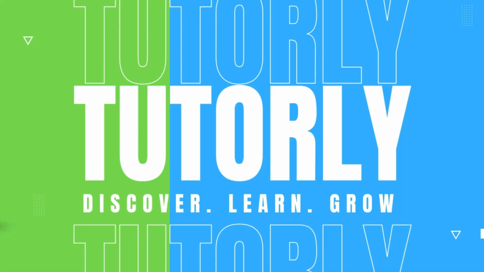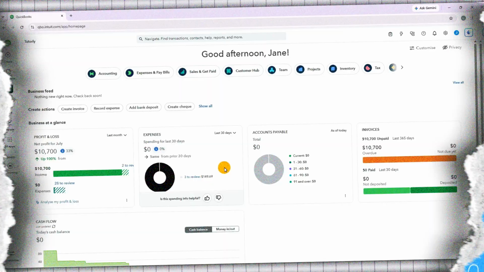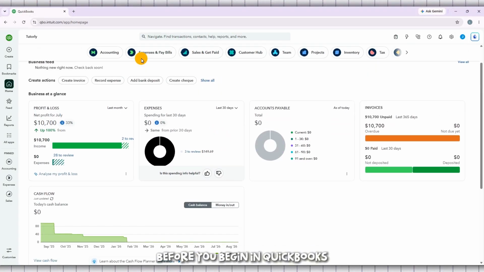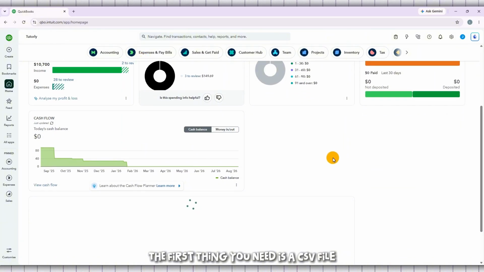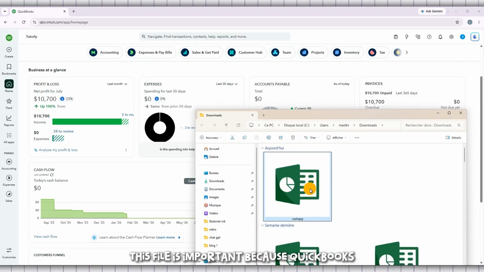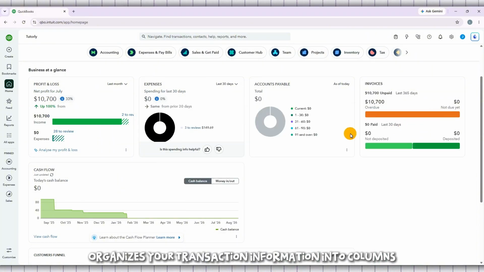So in today's video, I'm going to show you exactly how to upload Cash App transactions to QuickBooks. Before you begin in QuickBooks, the first thing you need is a CSV file that contains your Cash App transaction history. This file is important because QuickBooks uses it to import your activity manually when you're not connecting the account directly. A CSV file basically organizes your transaction information into columns, making it easier for QuickBooks to read and import